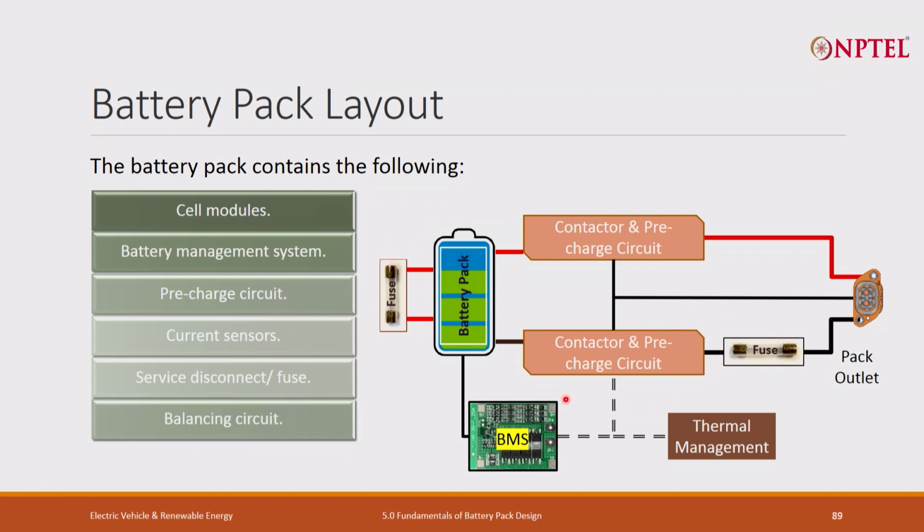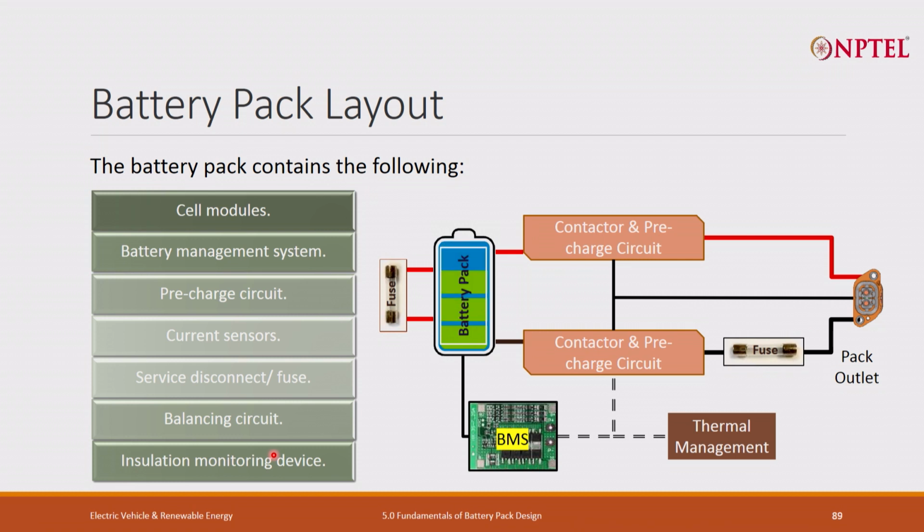Then we have a balancing circuit, and that is a part of BMS, known as the cell balancing circuit. Then we have an insulation monitoring device. For low voltage it does not make much difference, but for high voltage systems, where my voltage range is 350 volt DC, 700 volt DC, 800 volt DC, 1100 volt DC, in such cases,